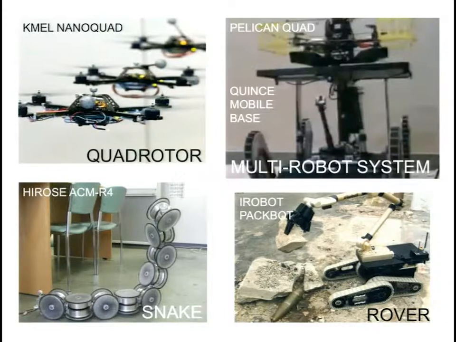Snake robots are very effective at going through cluttered environments, but they're not fast over large spaces, and they're not able to quickly survey a scene. Quadrotors are able to do this, but cannot operate in a cluttered environment. And the multi-robot systems that we've seen often don't solve the issue of locating victims beneath rubble.